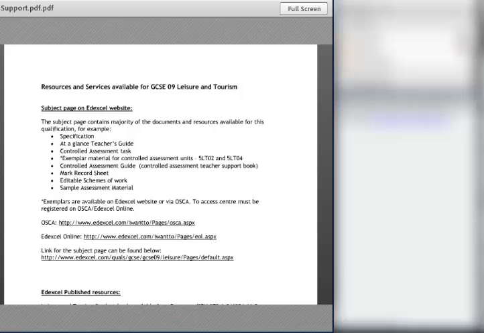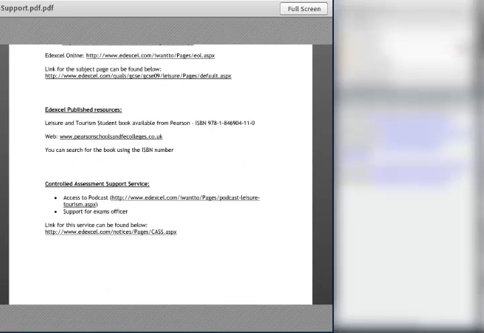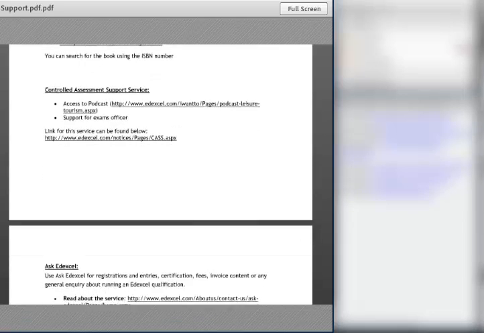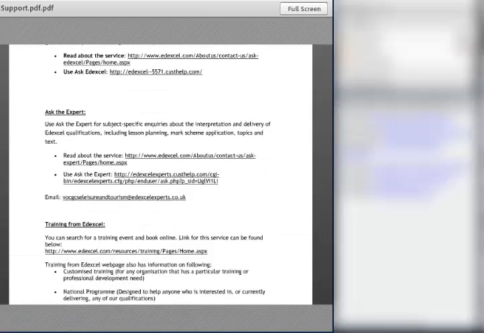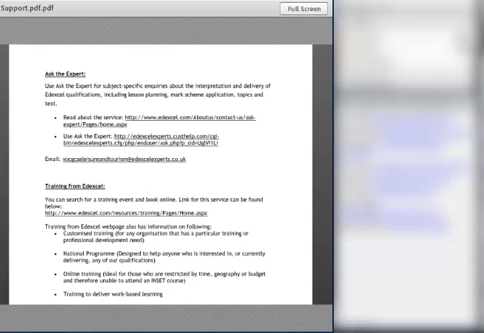And your examinations officer will be able to get you onto the OSCAR site, hopefully. You don't have to, you can just access the materials there if you want to, but it is quite a useful thing to do, and there are quite high scoring pieces of work on there, so it might help you to understand what it is that we're looking for there. There is obviously the book, which some of you will have, and the other thing that I wanted to bring your attention to is Ask the Expert.